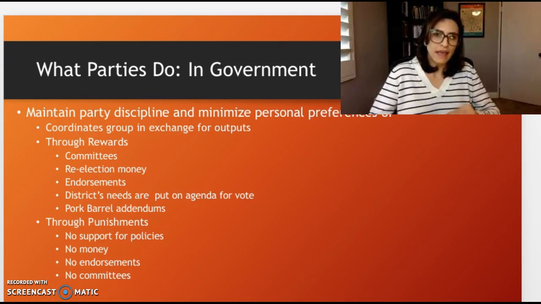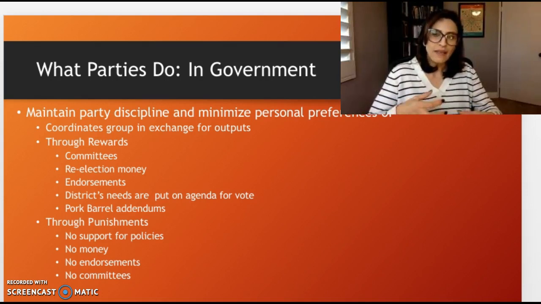That is to say that an elected official, a Congress member, is not really at liberty to vote his or her conscience. Rather, the party takes it upon themselves to reward members who stick with party preferences, that vote along party lines,